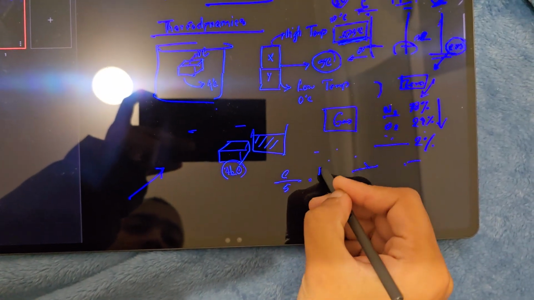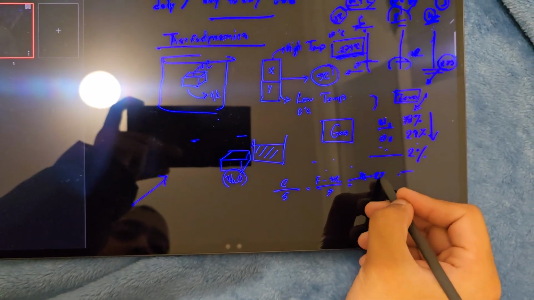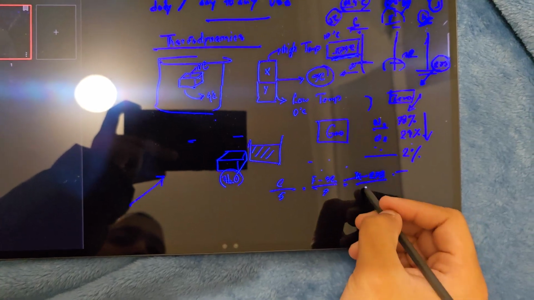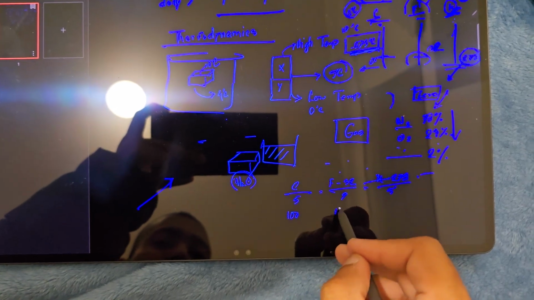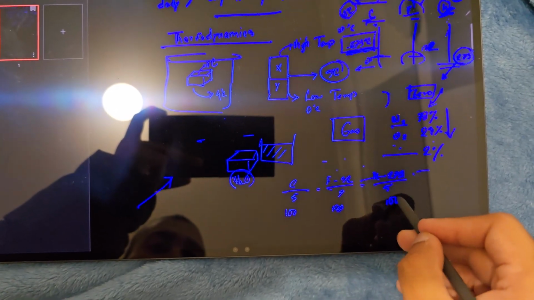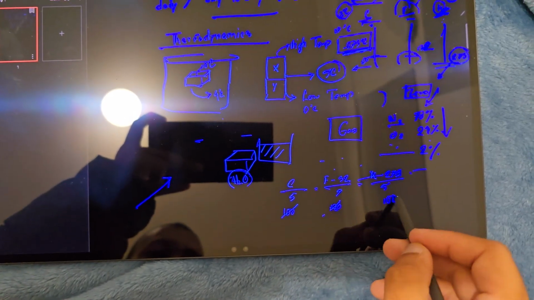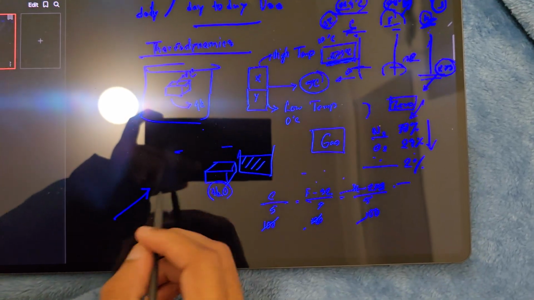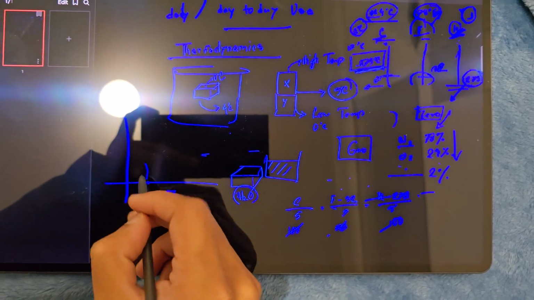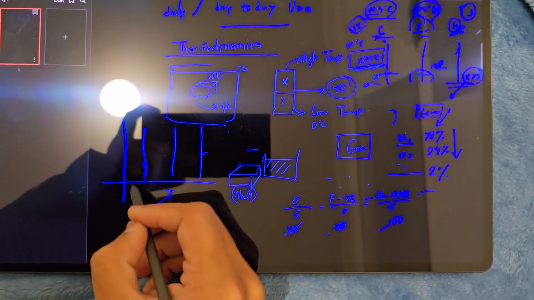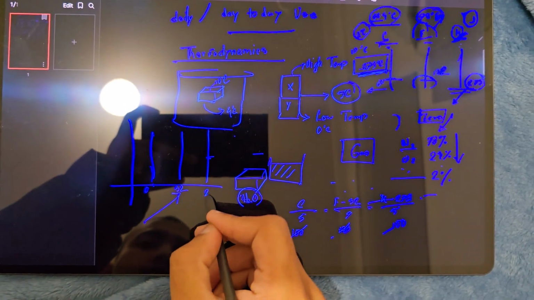C by 5 equals F minus 32 by 9 equals K minus 273 by 5. So how does it work? Normally it says 100, it says 180, and it says 100. So we divide: 100 divided by 20 is 5, 180 becomes 9, 100 becomes 5. So our lowest temperature, if we count in Celsius, Fahrenheit, and Kelvin, say 0 degrees is 32 degrees Fahrenheit and 273 Kelvin,